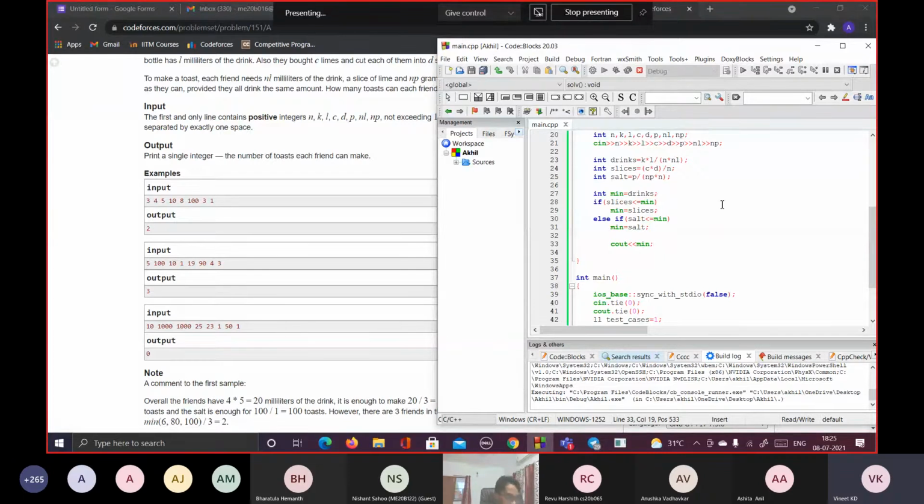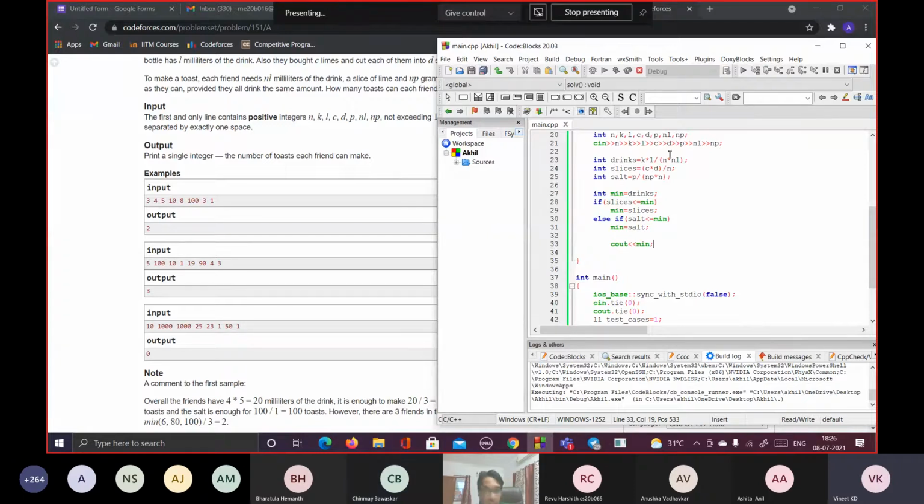Chinmay, you can speak. Yeah, am I audible? Yeah, Chinmay, you are audible. If we divide at the last by the number of the friends, we will get the integer division, and we will get an integer number for the toast for each person. So we could have done that whole process in the last step. So we will get the integer, and in the integer division, we will get 0 as output.